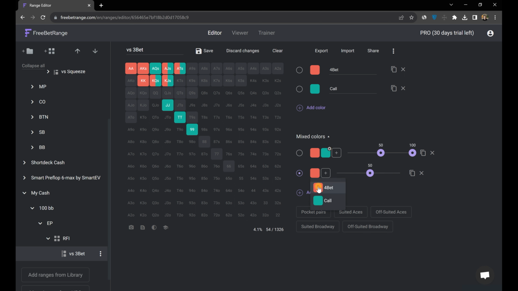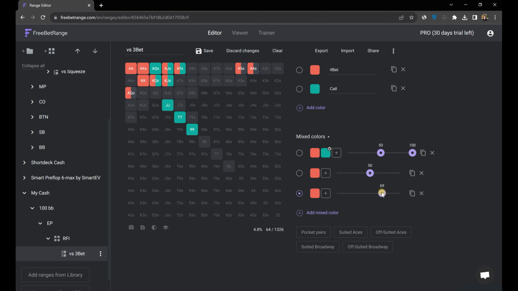Then we will have hands that we 4-bet half the time and fold half the time. If you want to 4-bet ace-5 suited a bit more than 50%, we need to create a new mixed color, put in the needed frequency and select this cell like that. And for example, ace-king offsuit will be more calling than 3-betting. And let's suppose queens the same. It's not a recommendation to defend versus 3-bets with exactly this range. I'm just explaining the concept of how you can create your ranges.